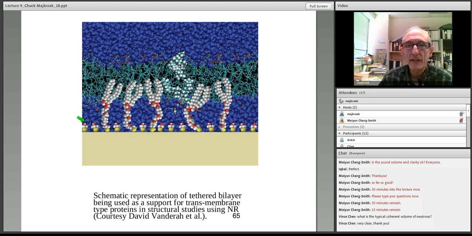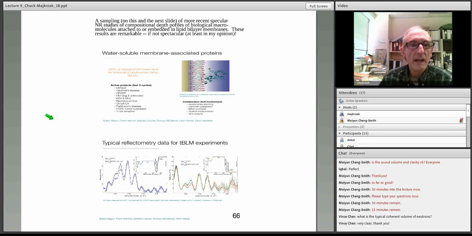And David van der Rohe, NIST, and other people at ILL have perfected biochemical means of producing such structures. So the door is wide open to study all kinds of membrane protein systems. I'm just going to show you, to end in the last 5 minutes, some spectacular recent results that Frank